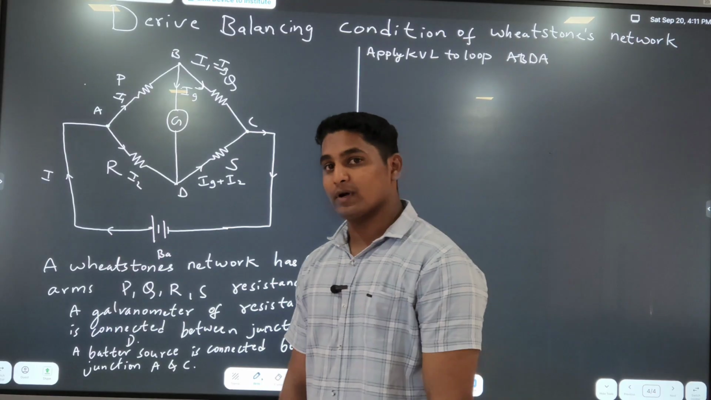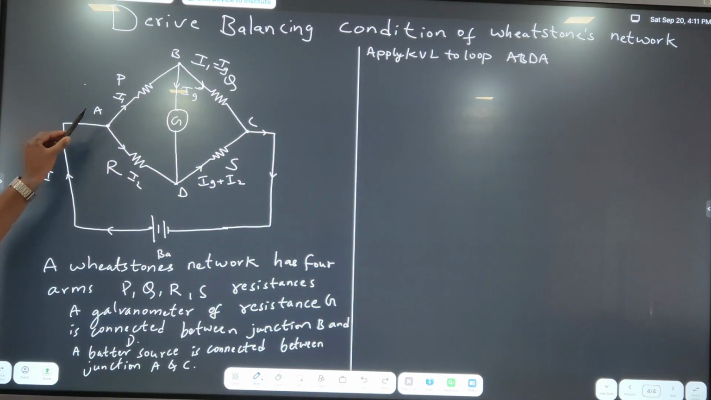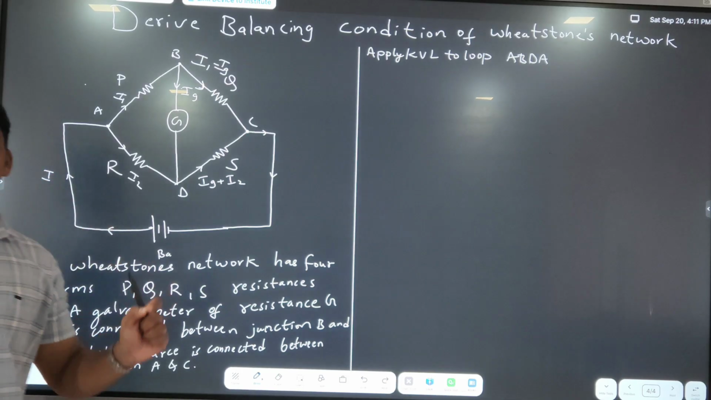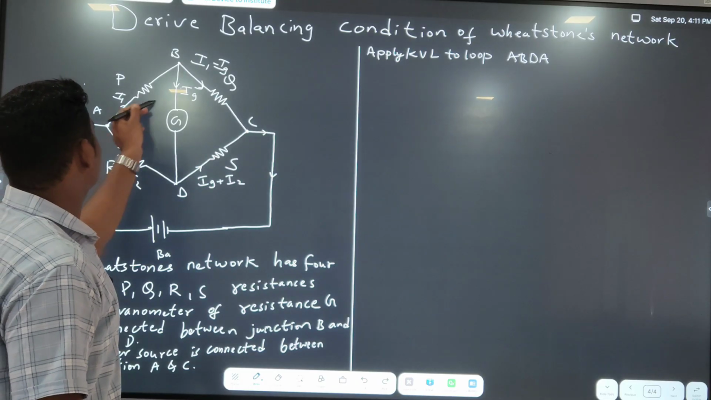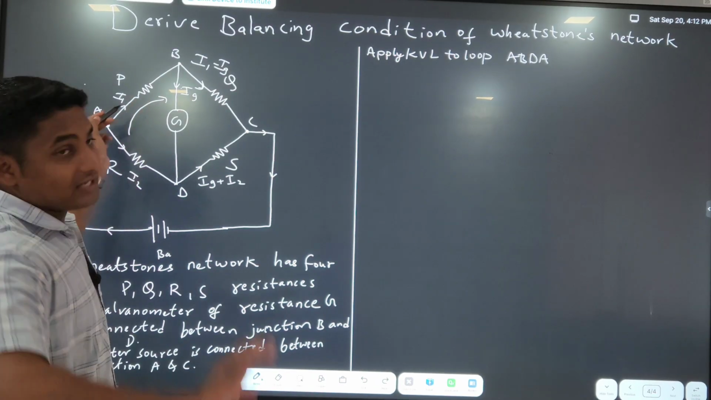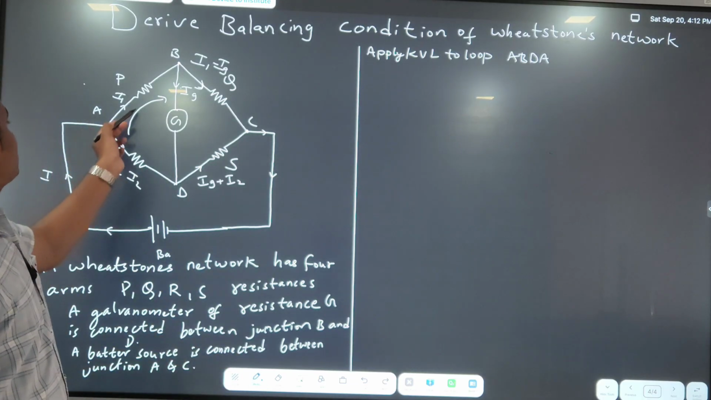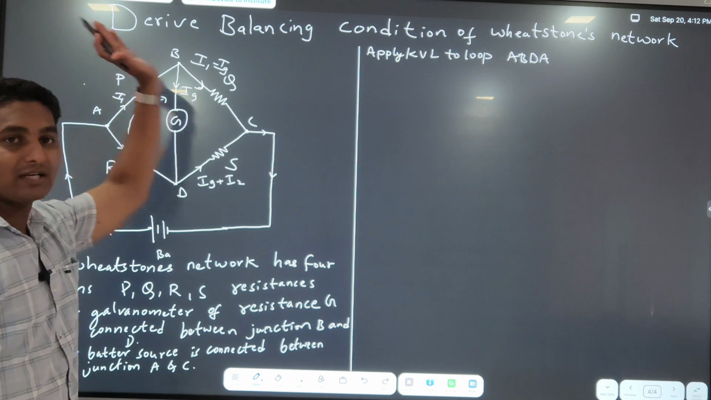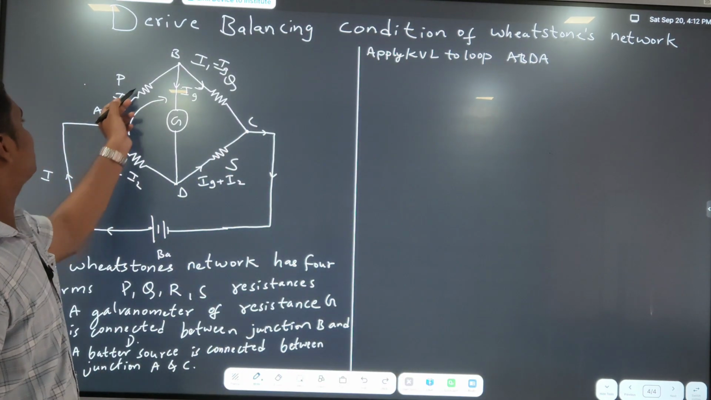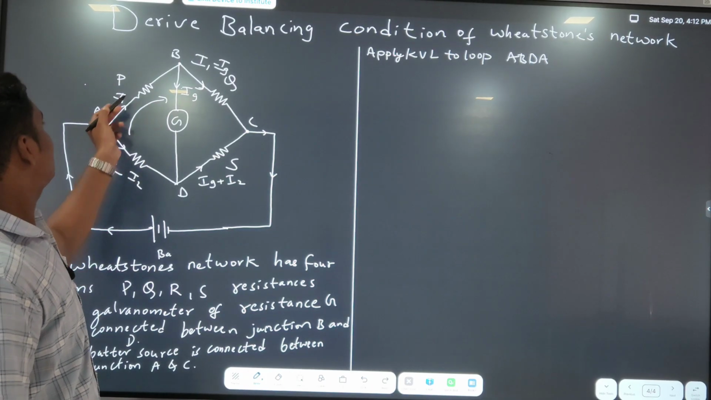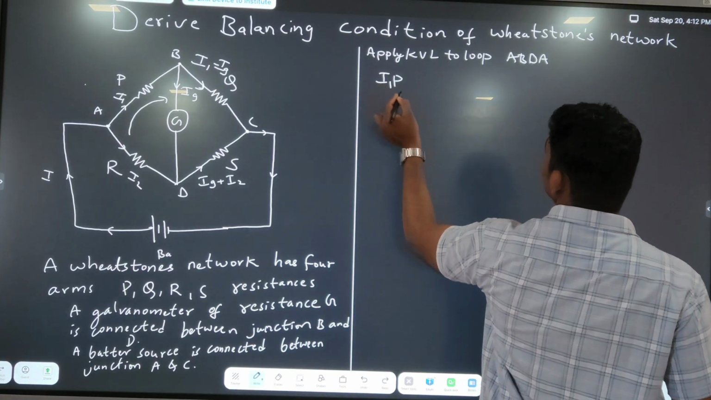So the sum of IR products. If the direction of current is in the direction of the loop, then the IR product is positive. Our direction is like this, and the current is also in the same direction, so it is positive. If our direction is here and the current is coming in the opposite direction, it is considered negative. So as we are going like this, I1 into P is positive, I1 P plus,